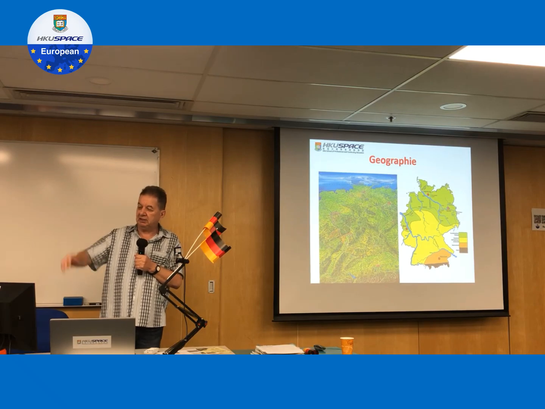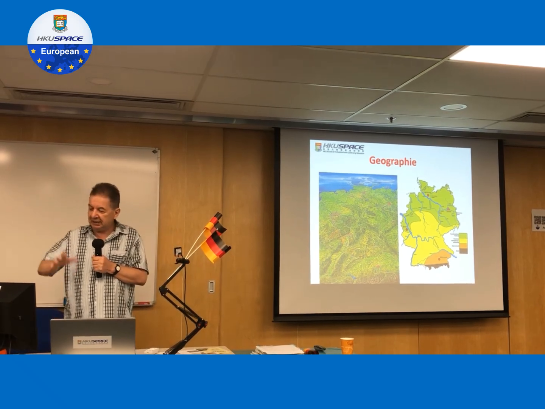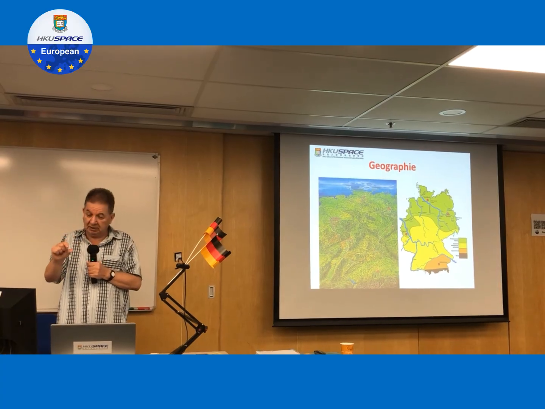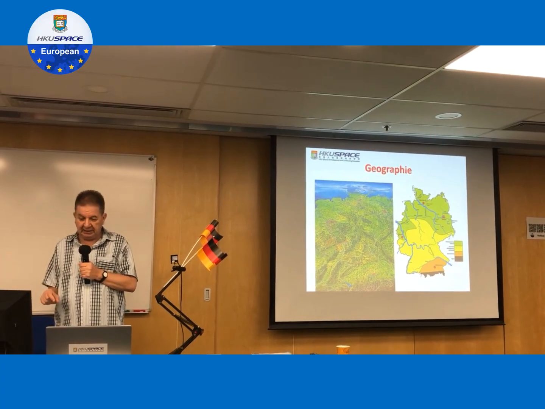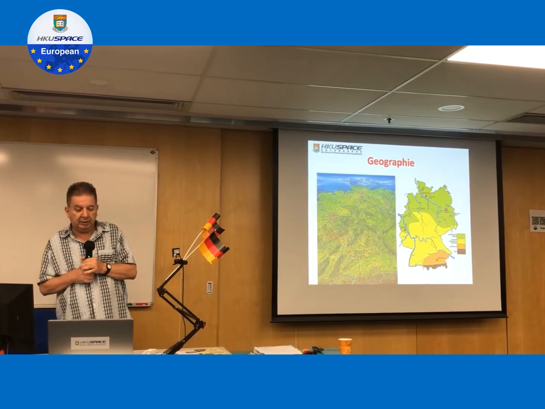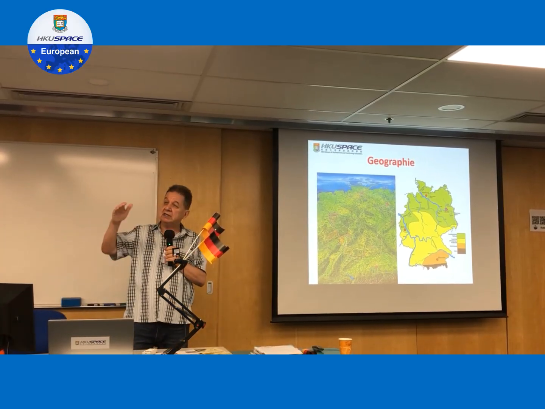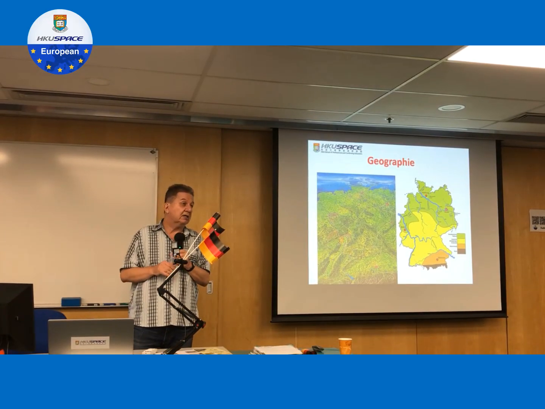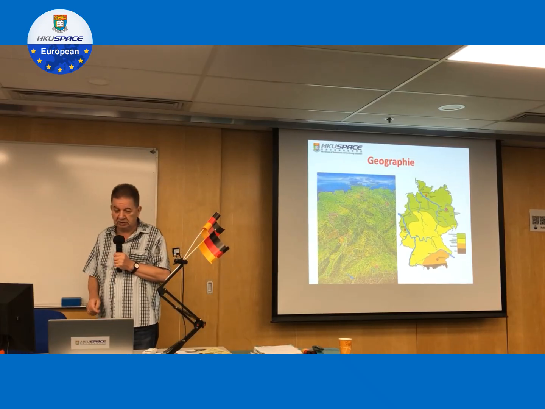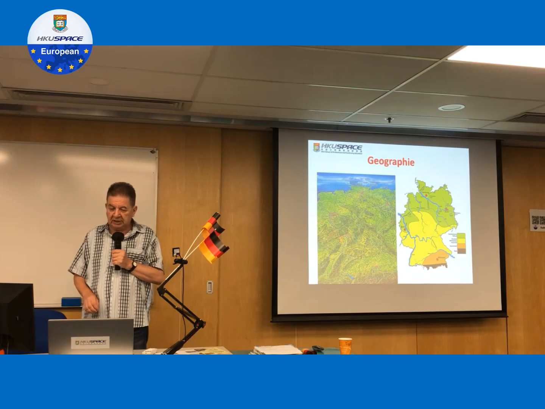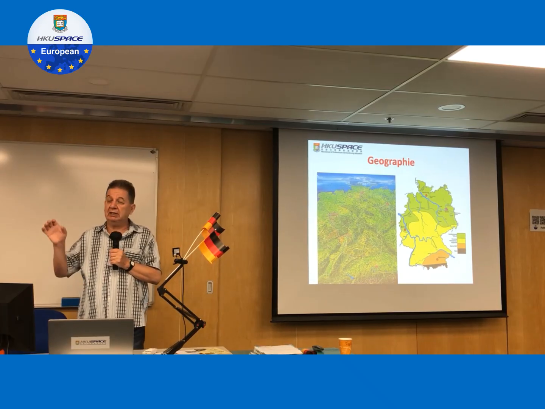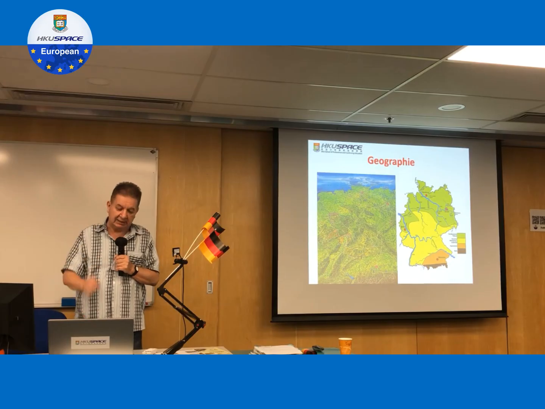We see the flat area in the north, the hilly area in the middle, and then we see the Alps, the brown range in the south, the border of Germany there. And we will go through all these areas, have a look at all of them, so that we know a little bit more about how Germany looks. And we start with the Northern Sea. The Northern Sea is the sea between Denmark and England.